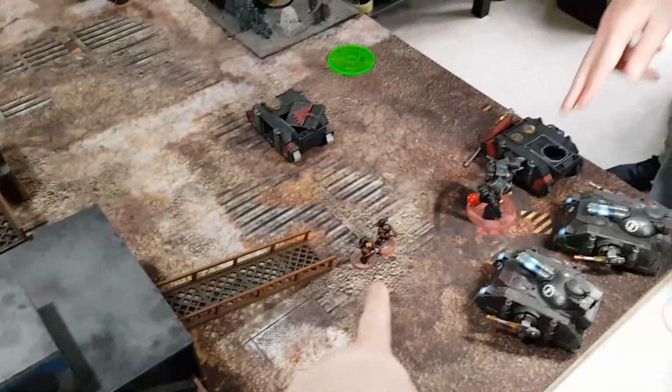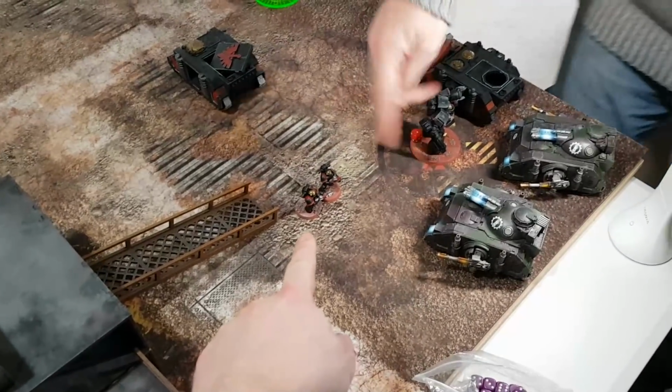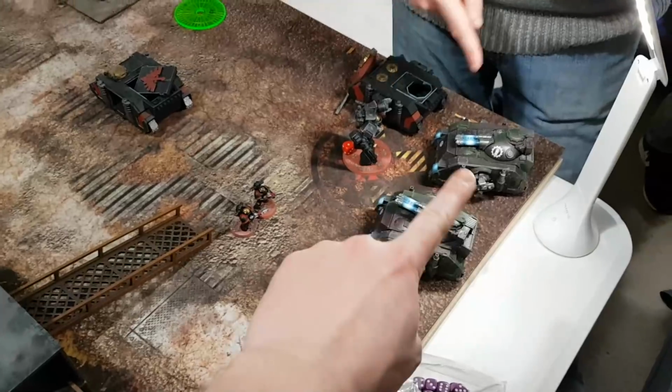That's really cool. Right, turn 2. Dark Angels. Yay! Rallied. Stuff moved. Rallied with the melters, so they're snap firing. And the Contemptor's moved up. He hasn't got his fist anymore, unfortunately. So he's going to headbutt